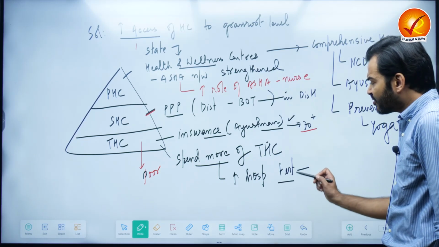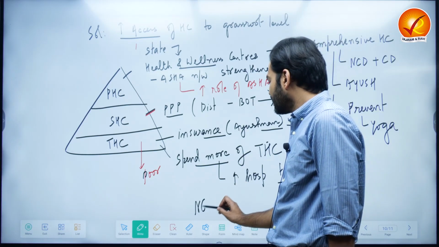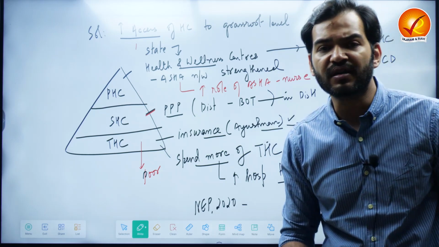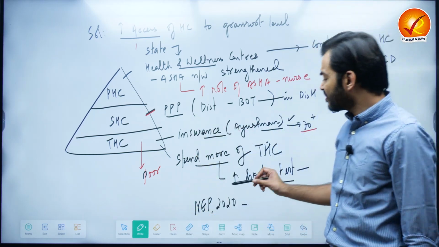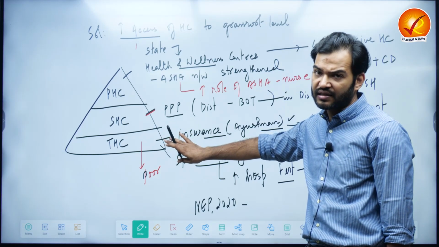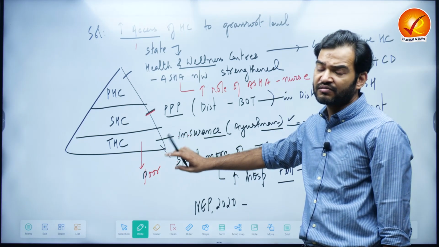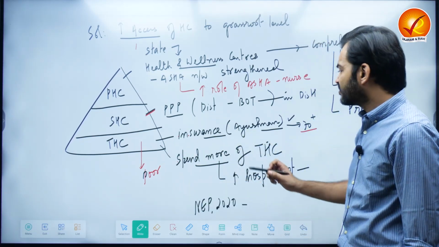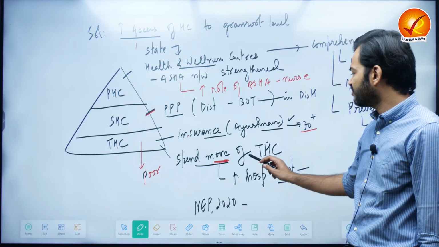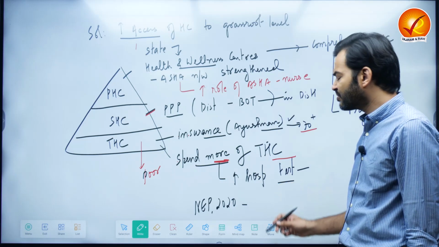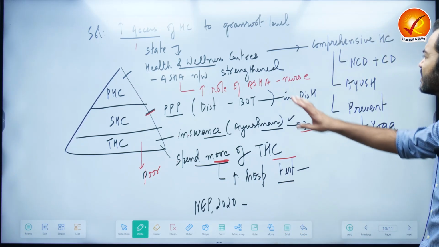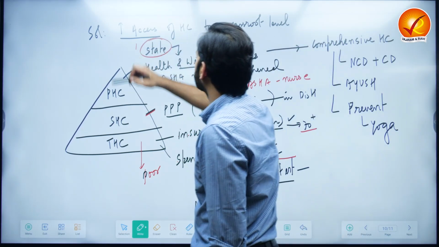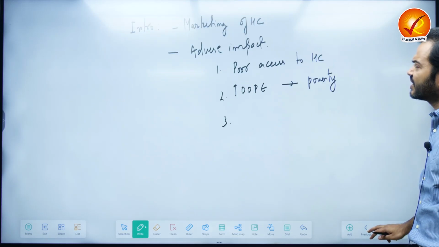And this is very important also because you can write that National Education Policy 2020 has clearly said that India will very soon face a growing burden of non-communicable disease. Now, non-communicable diseases are to be treated in tertiary healthcare. If the burden of non-communicable disease will increase, poor people will suffer. They will have to spend more out of their pocket. So that space needs to be filled by the state by spending more on tertiary healthcare, by opening more tertiary healthcare hospitals. So all these methods can improve access of healthcare at grassroots level, and these measures have to be taken by the state. So you can write the answer very clearly like this.